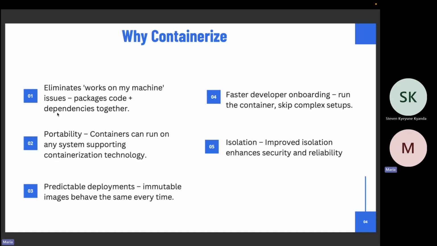One of the main challenges for developers joining new companies is to onboard, is to deploy their application the first time, running dependencies. Some of these are very outdated with new machines. So with the presence of Docker, it's easy. You just run the image and you're good to go.